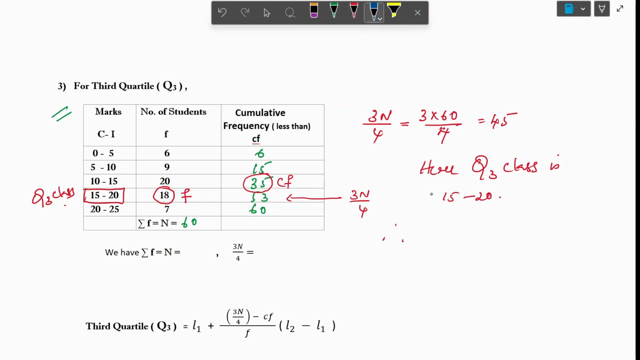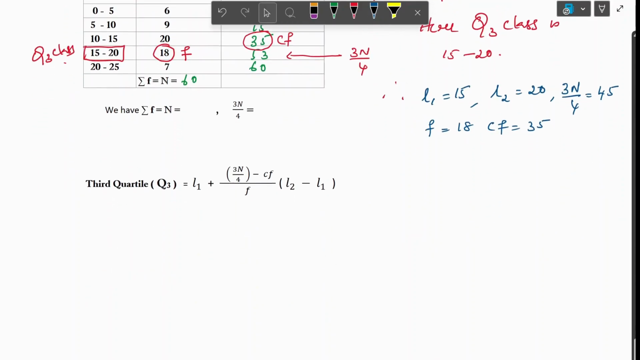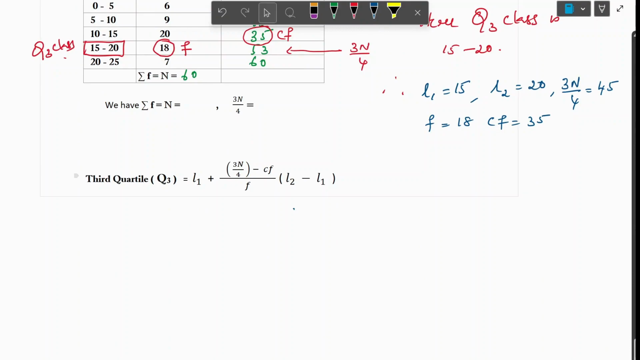Therefore, what is your L1? L1 equal to 15, comma, L2 20. Now, we are writing 3n by 4 also, the value you already calculated, that is 45. Next, F is 18 and CF, that is 35. After locating all these values, we are going to substitute in the formula. See the formula. What is the third quartile? Third quartile equal to L1 plus 3n upon 4 minus